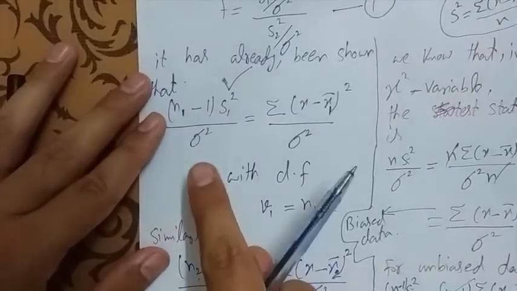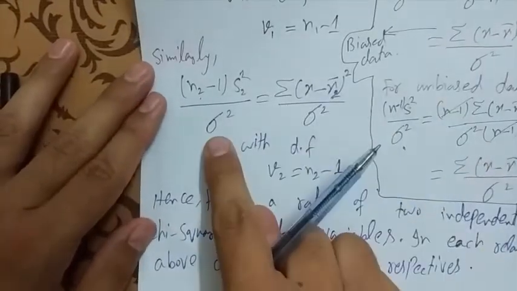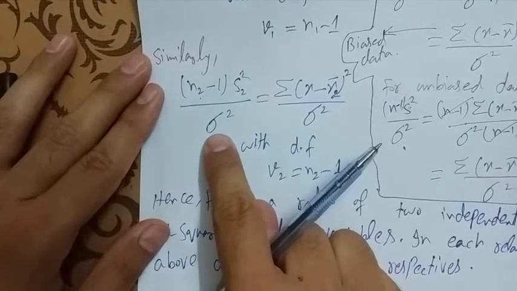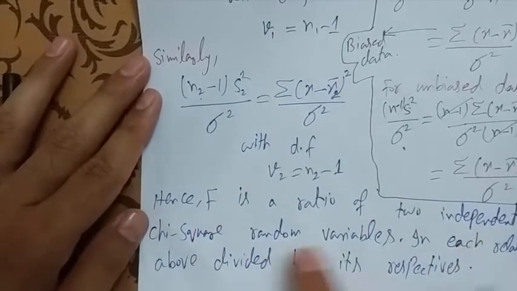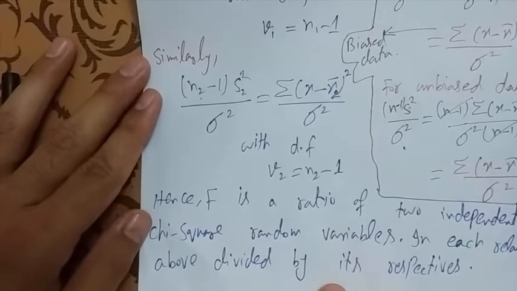This is for the first sample chi-square variable, and this is for the other, the second sample chi-square variable. Now F is a ratio of two independent chi-square random variables in each relation above divided by its respective mean. This line means